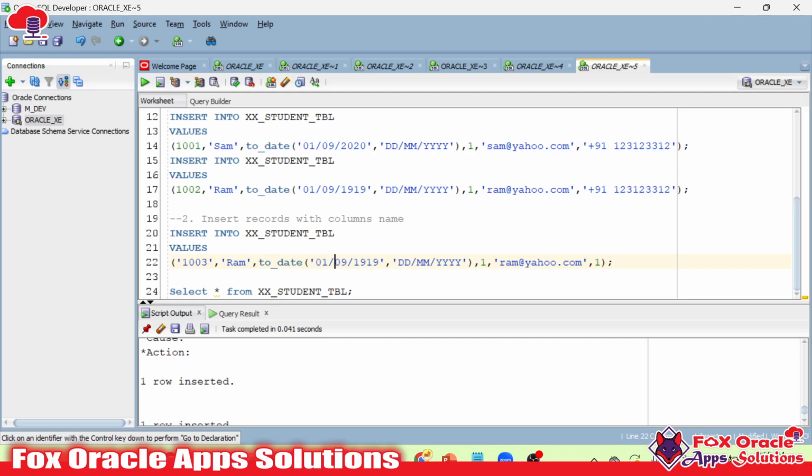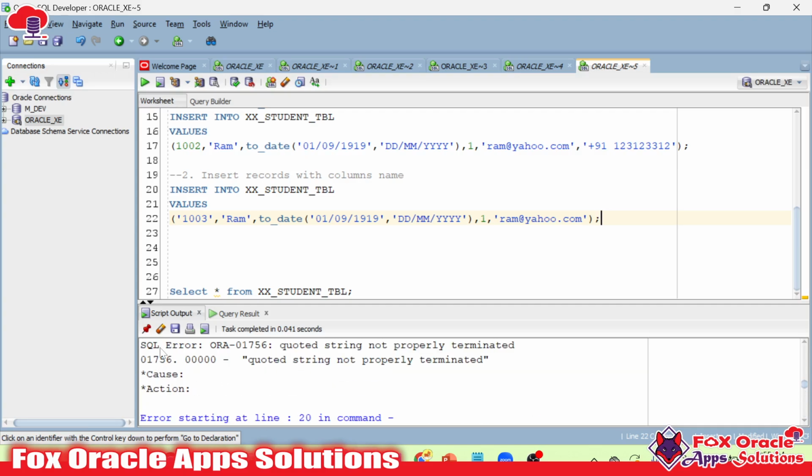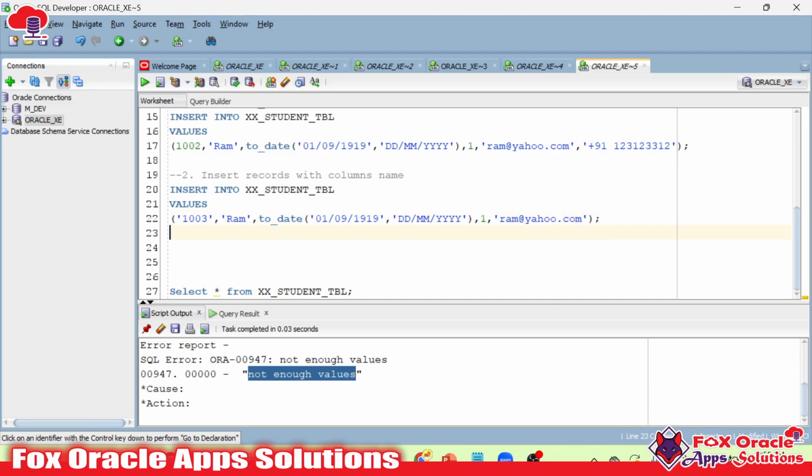So our point is, we were trying to check the second way to insert a record. Here you can see our requirement was not to provide a value for the last column, and when we execute, we get an error. Let me remove all this log message. If I execute, I get an error saying not enough values. So to remove that error, since I don't want to insert a value in the column,